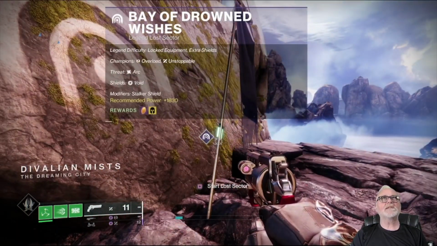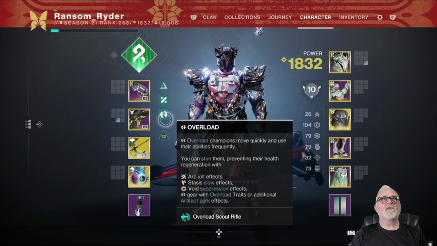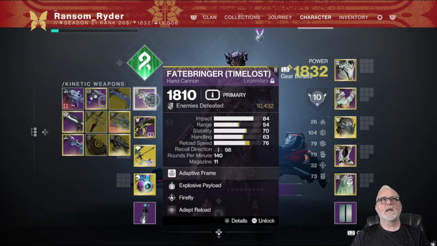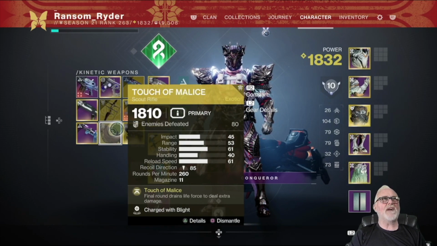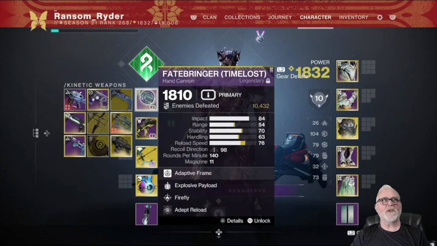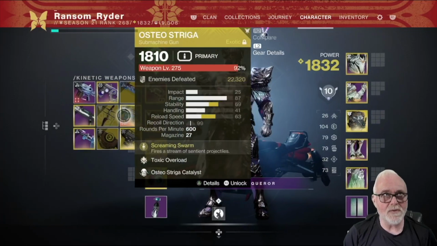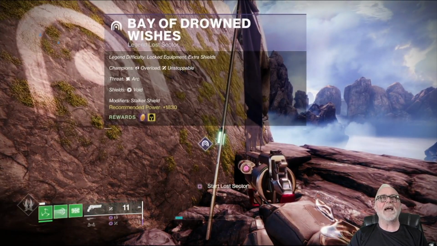So there is an overload in that final area. Overloads are scout rifles. I don't really want to put 2 scout rifles in though, right? And I know that if I do Touch of Malice, I'm a duck with no future. So let's go back in. I'm kind of happy